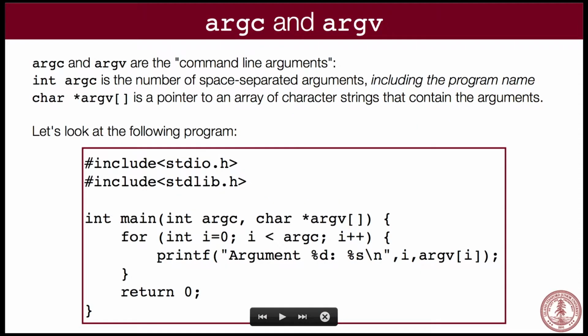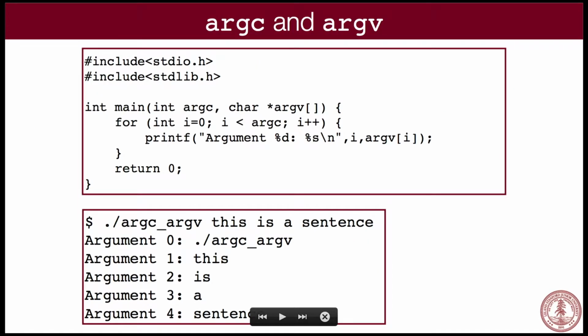Okay? All right, what can we actually do with this? We can actually go and write a program like this, which says, go through all the arguments, go from 0 up to the number of arguments, because that's what argc is. It's the count of how many arguments you have. And then print out the argument number and then the actual string that goes along with that. This is what it actually looks like when you print it out.